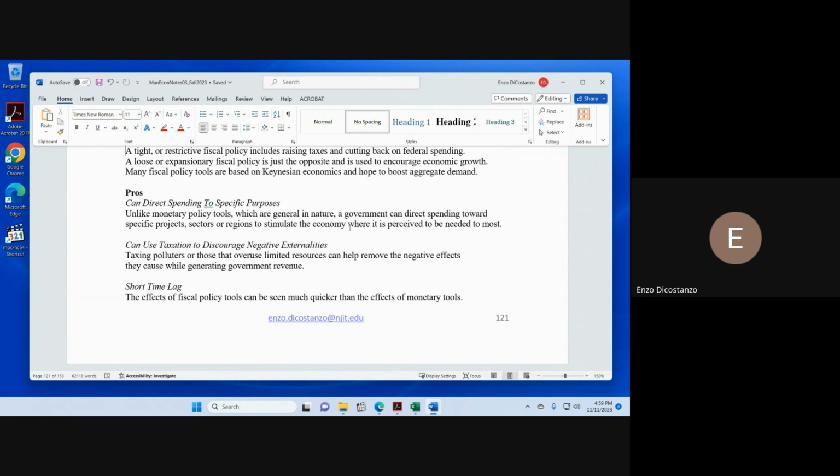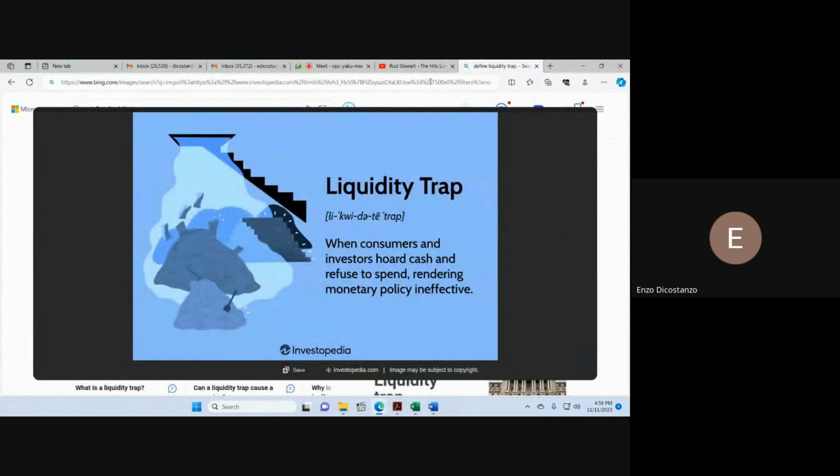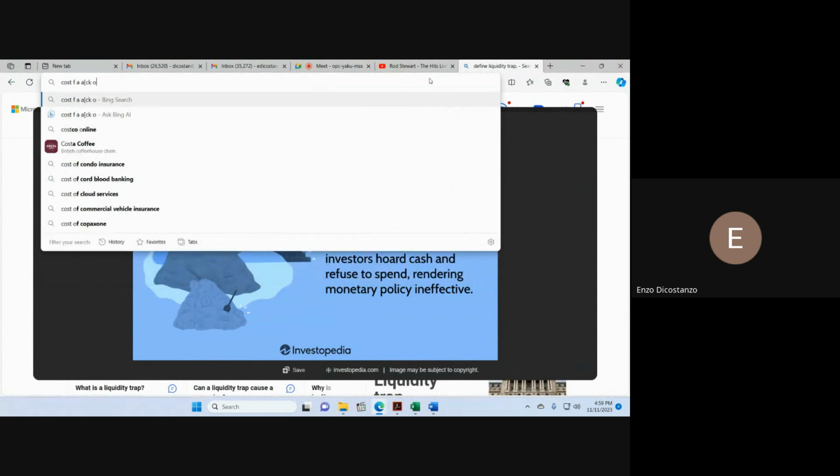Taxation is used to discourage negative externalities. So in other words, you'll tax, like cigarettes were $1 or $2 a pack when I was in college, three decades ago. Now they're far more. I think it's $7 a pack or something like that, right? What does a pack of cigarettes cost? It's obviously after it came out that cigarettes are harmful.